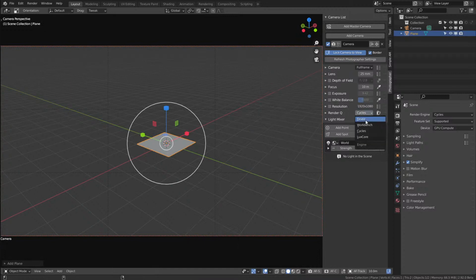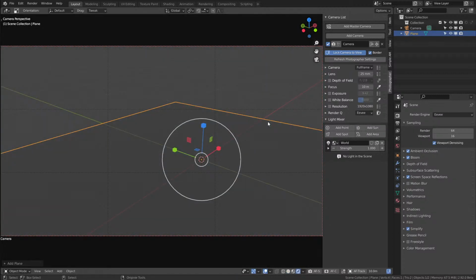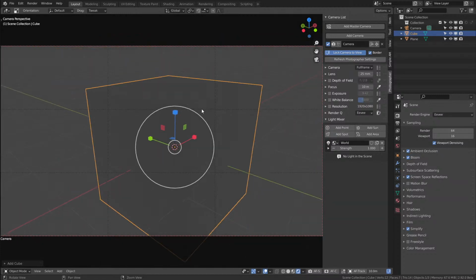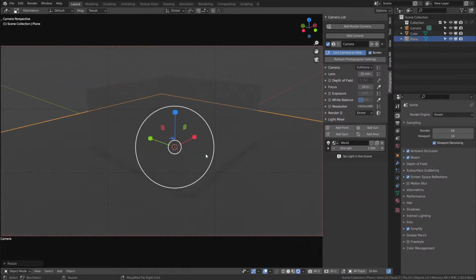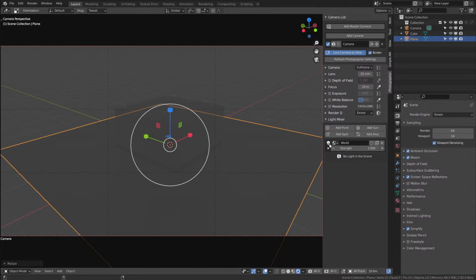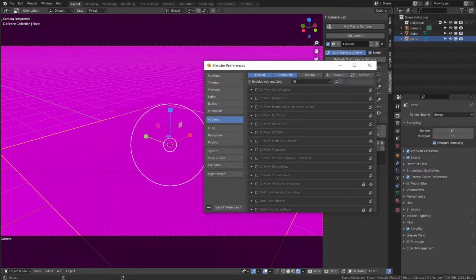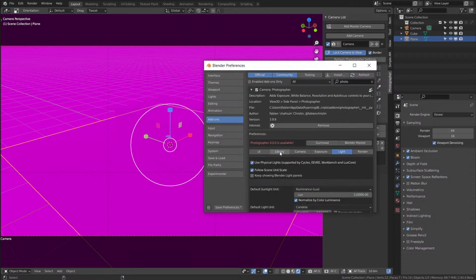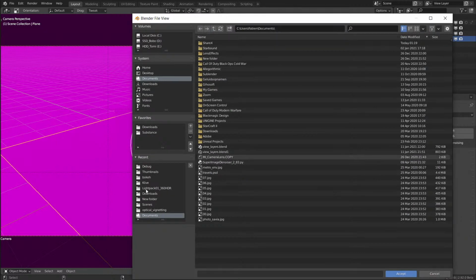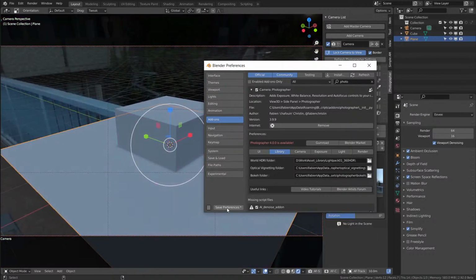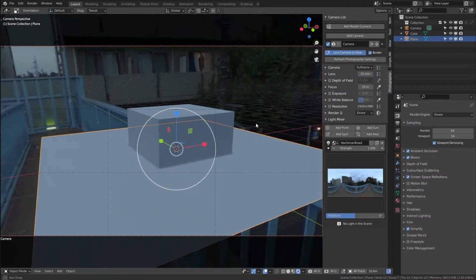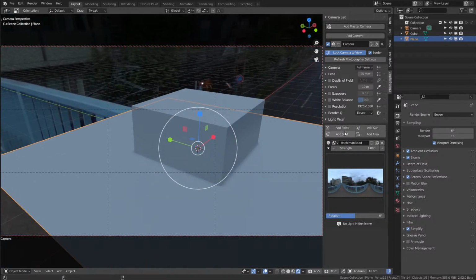Just add a plane. I'm just gonna switch to EV. I'm gonna add a cube. Okay. And if I add an environment here, so the world, I can just add an environment. Oh, it tells me that I haven't set up anything in my library. So I'm just gonna go into my photographer add-on, library. I'm gonna set a path here. I have my own HDR. Here you go. So now I have my HDR,